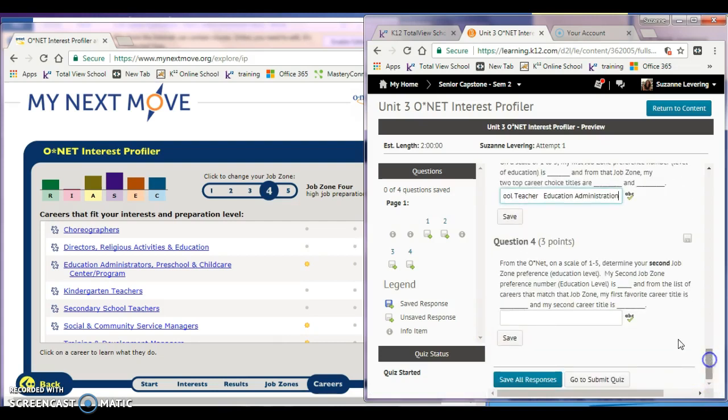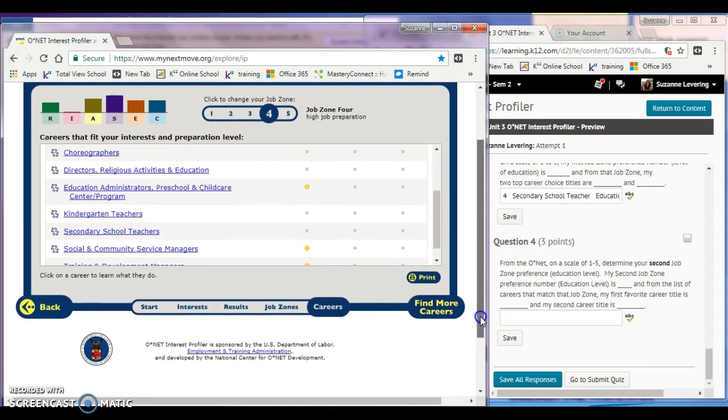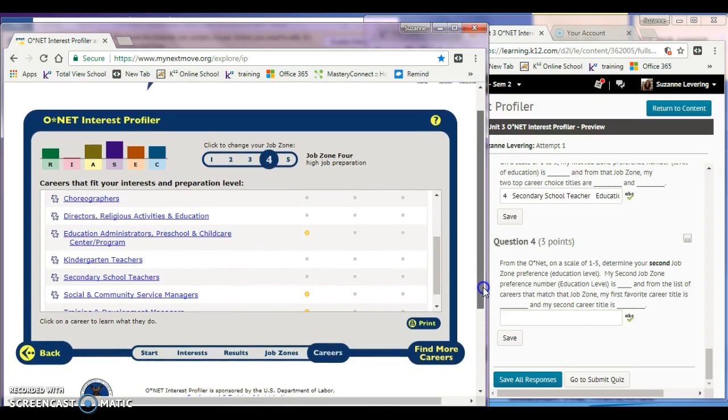Next it says, from the O*NET, on a scale of 1 to 5, determine your second job zone preference. So now I'm going to come over here. Again, I can find more careers if I'd like, using that job level or education level and job interest. Now I want to choose my next job zone. I've already chosen 4. You can choose 3, 5, 2, whatever additional